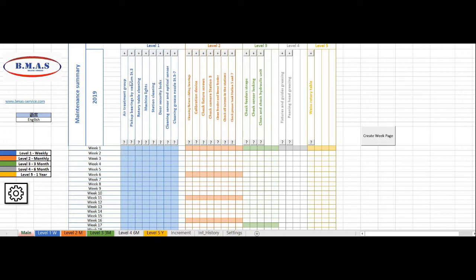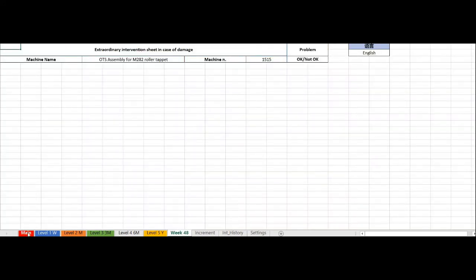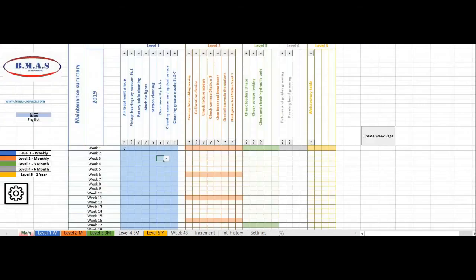The idea is that the operator, once he has completed the check, can tick the box for the completed task. In case there is a problem, for example, let's take the air treatment group as an example, the operator can create a weak page, in which you can then go back to main and add an intervention sheet for any problem with the air